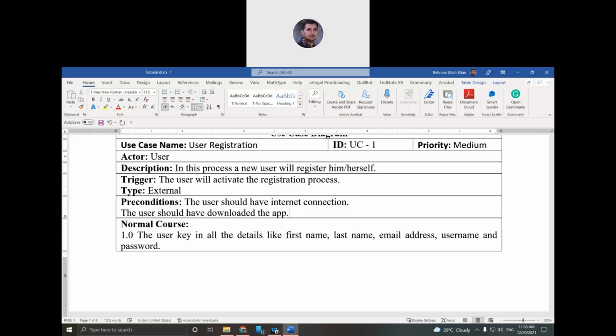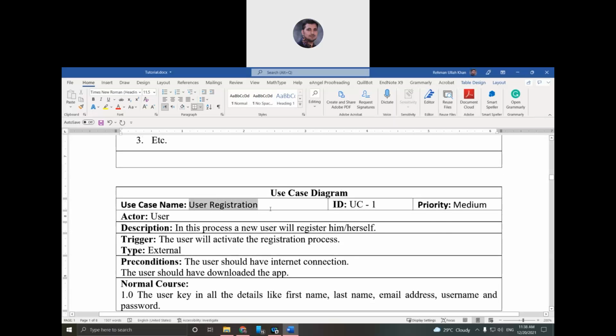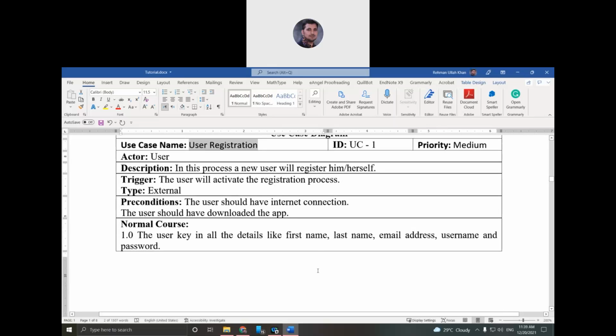Yeah, he or she should have internet, and should have already downloaded the app. Then they can start the registration process. Okay, the normal course is, if everything goes well with no problem, how will be the process of registration? If everything is okay, the user will key in all the details like first name, last name,